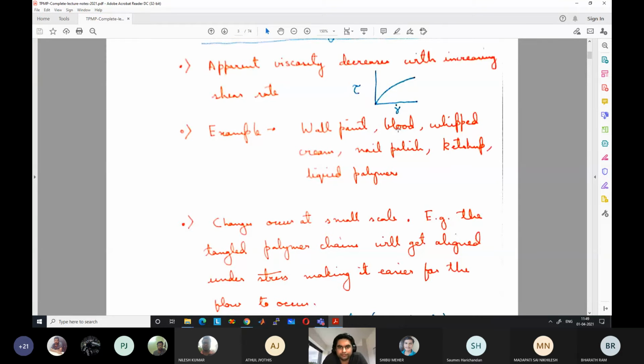One classic example, which is designed in this way, where this non-Newtonian property is used, is wall paint, the paint that is used for painting your house walls. The paints are designed to behave as a shear thinning fluid. What is the reason for this? When you are painting your wall using a brush or a roller, you want your paint to flow very easily. You are applying some stress and the paint should be properly applied as a thin layer over the wall. So when you are applying some stress, the paint should flow very freely.